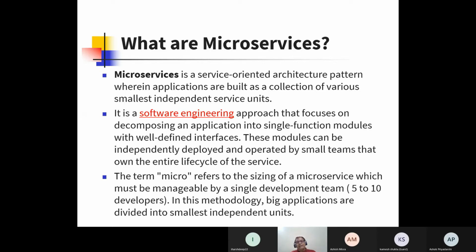Suppose one application is containing 10 services. That one application having 10 services will be broken down into 10 different applications, and every application will contain a service, and every application runs independently, maybe at different locations, maybe on a different server.